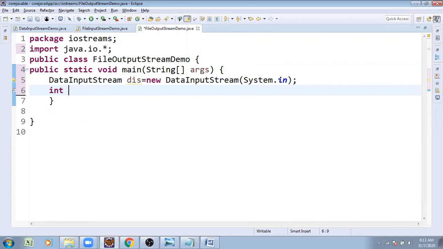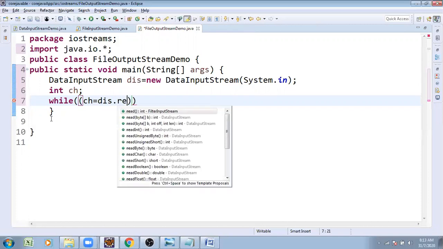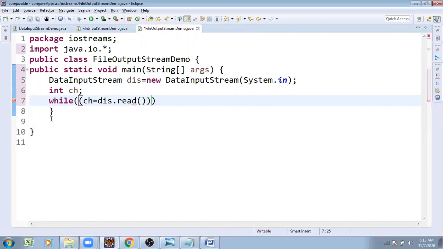int ch; while condition: while ch = dis.read() is not equal to a specified symbol.